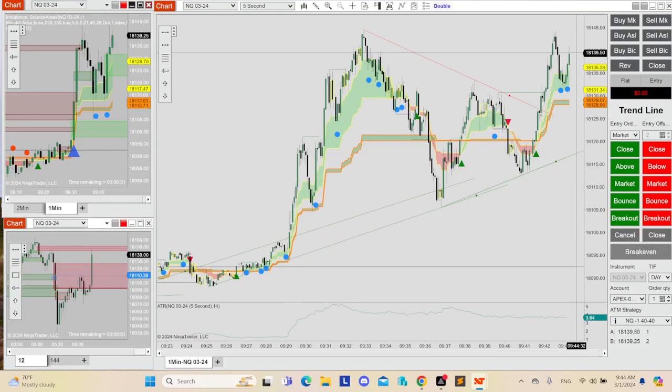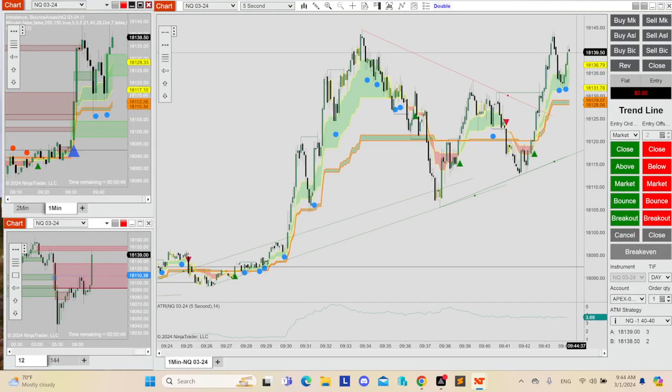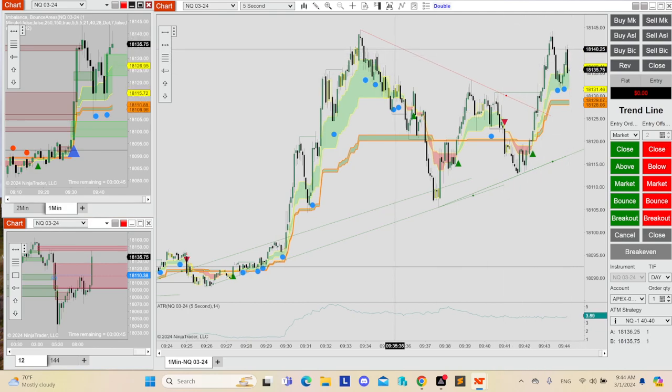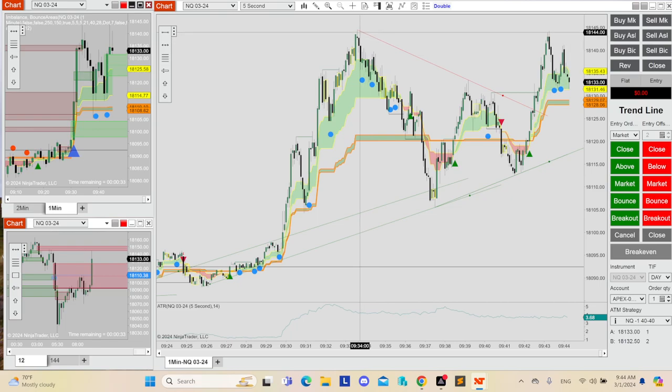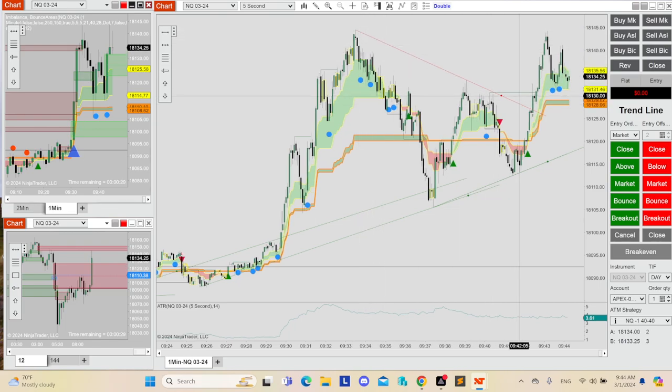Hello traders. I want to record a quick session for live trading, and I'm introducing new tools for trading. Specifically, it's trend lines. As you see, they're automatically plotted here,